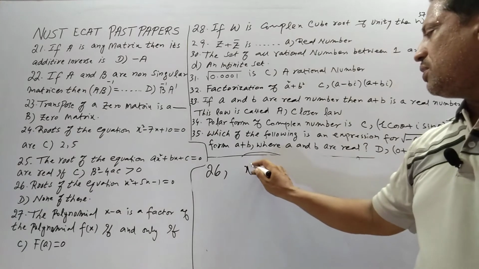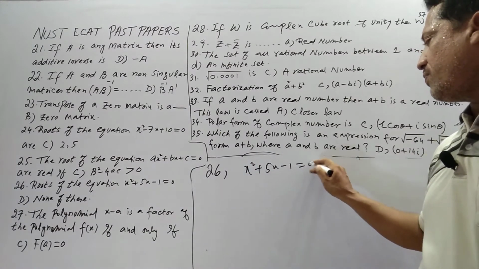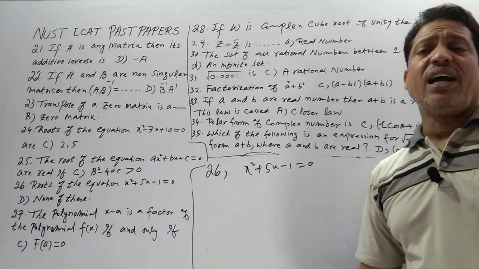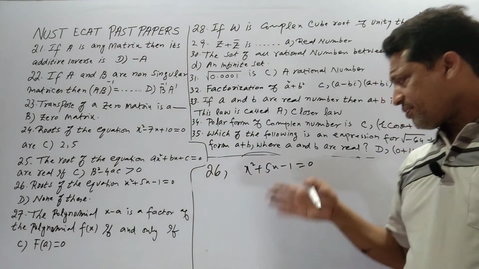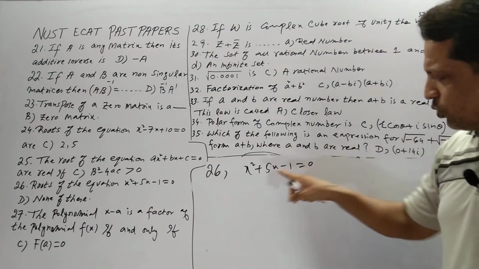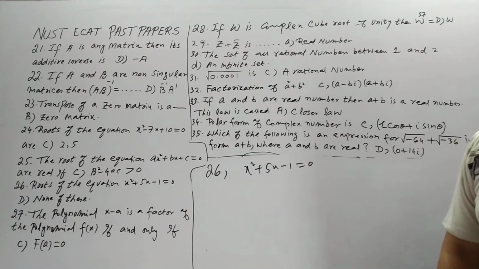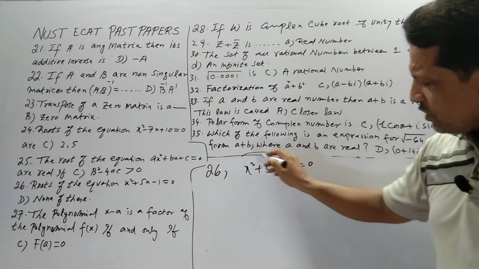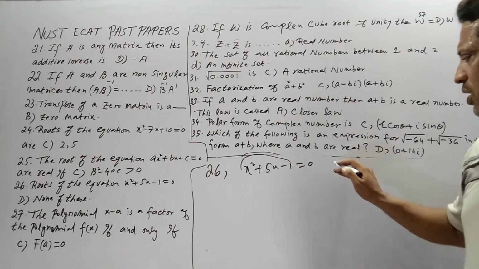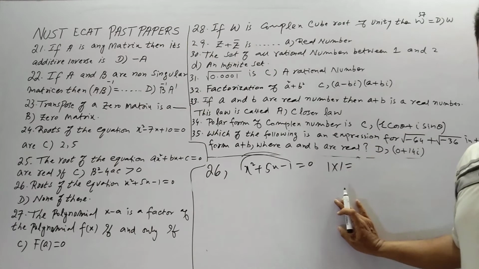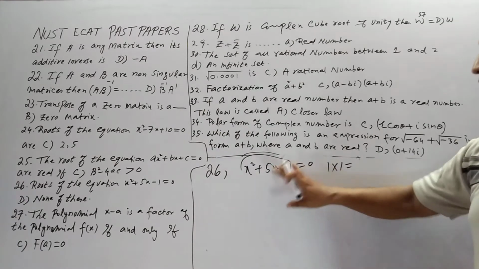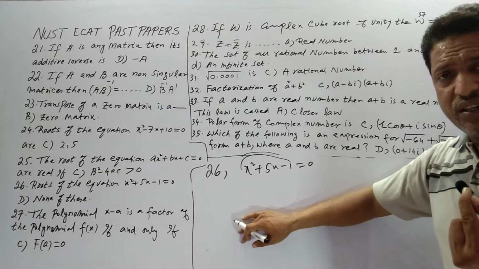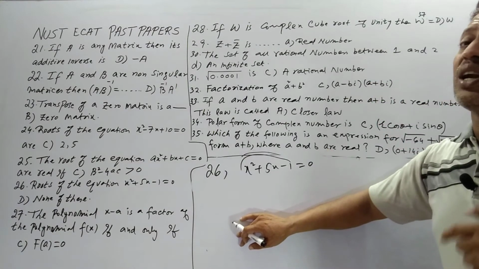Roots of the equation x squared plus 5x minus 1 is equal to 0. Again you are seeing a quadratic equation. How to solve a quadratic equation? Again we have 4 methods. One is factorization, but this equation cannot be solved by the middle term break method, because if we multiply this 1 by the coefficient of x squared, which is also 1, ones are 1, so we don't have two numbers with a product of 1 and a sum or difference of 5. Therefore we have only one option for this question, which is the quadratic formula.